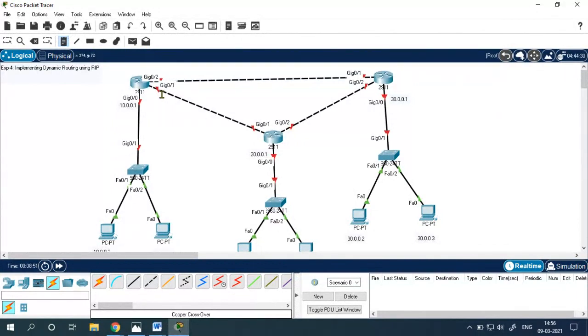Now, I already explained to you that each interface of the router represents one different network. So gigabit 0/1. What's its IP address? Let me take another IP address. Suppose that it is 11.0.0.1. Fine. This is on the same interface. So I will take it as 2.11.